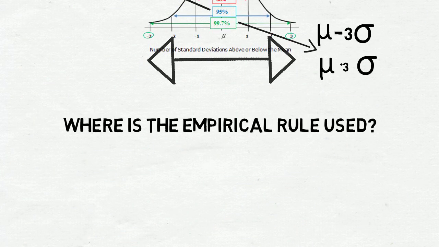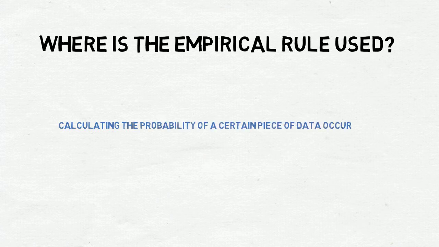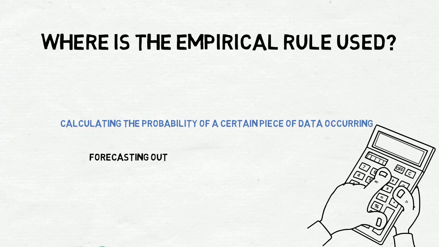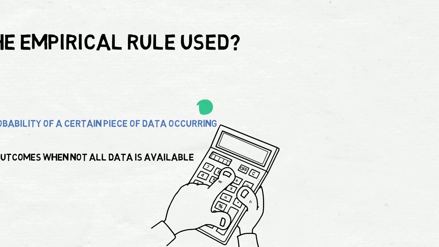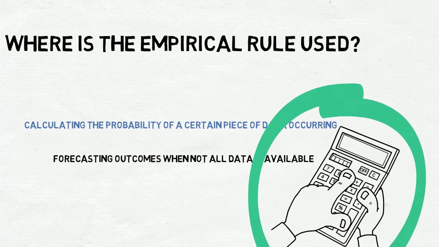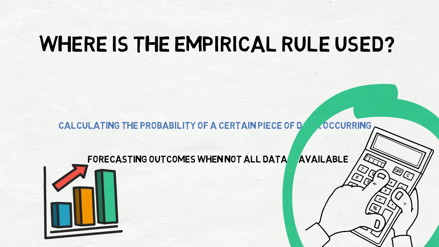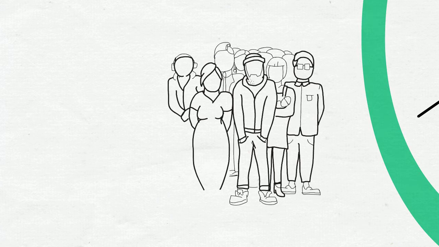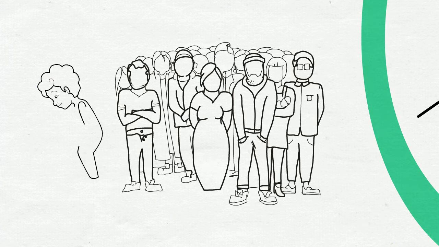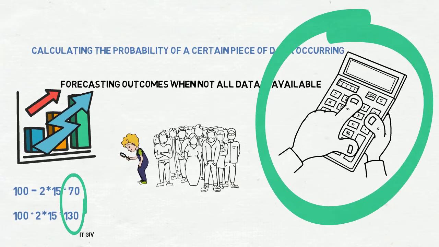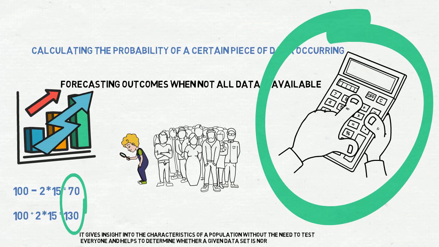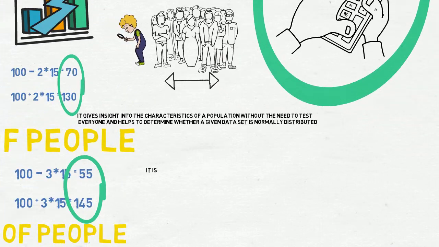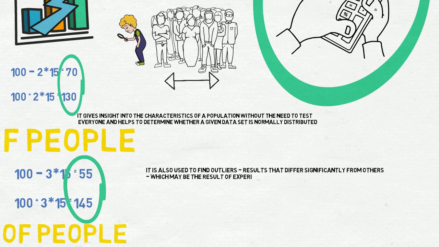So, where is the empirical rule used? It is widely used in empirical research, such as when calculating the probability of a certain piece of data occurring, or for forecasting outcomes when not all data is available. It gives insights into the characteristics of a population without the need to test everyone, and helps to determine whether a given dataset is normally distributed. It is also used to find outliers, results that differ significantly from others,